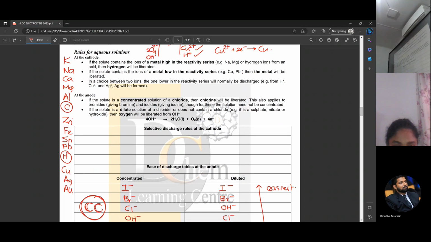Cathode reaction. Cathode reaction මොනවාද? sodium because भौतिक restart right